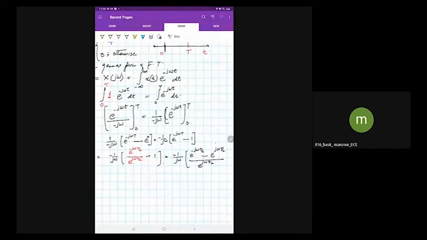So this is what we will be obtaining. Now we know from Euler's formula that e raised to power j theta minus e raised to power minus j theta is equal to